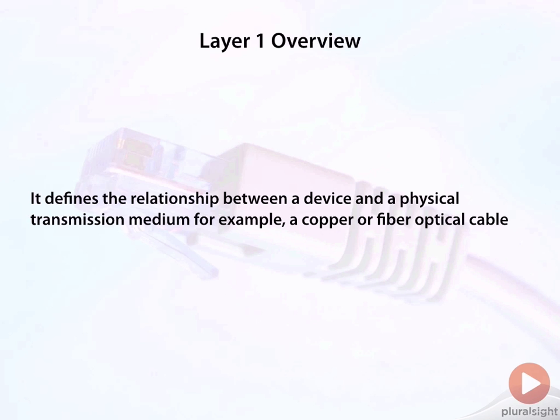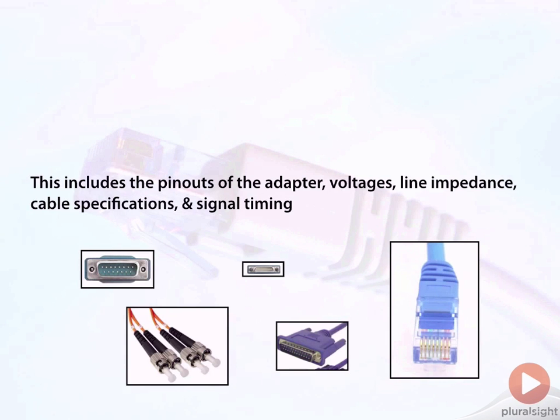So copper would need an electrical signaling, fiber would need a light signaling. So it would include the pinouts of the adapters. We can see a number of those adapters here. It would also define the voltages that should be used and the line impedance. It also would be specifications of the cable and the cable length and the signal timing for the cable or